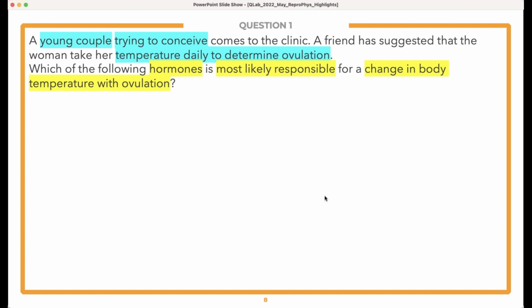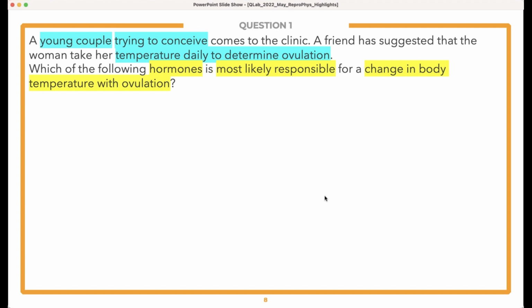A three-step question would take it even a step further and say, what is the mechanism of action of the drug of choice for the disease the patient has? So we've got to know, one, the disease, two, the drug of choice, and three, the mechanism for that drug of choice, okay? So if we look at this, we've got